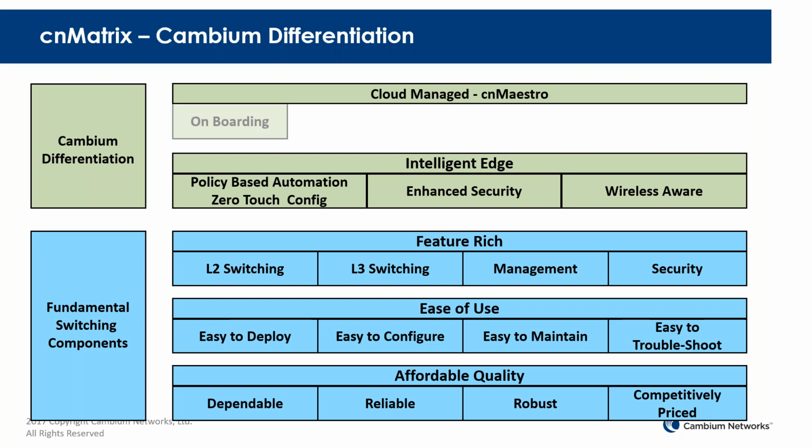So this slide here is kind of a high-level summary of the features and capabilities in cnMatrix. I'm going to dive into the next slide. I'm going to now talk about the zero-touch experience, which is one of our highlighted features. So this falls into the category of ease of use. So let's talk about